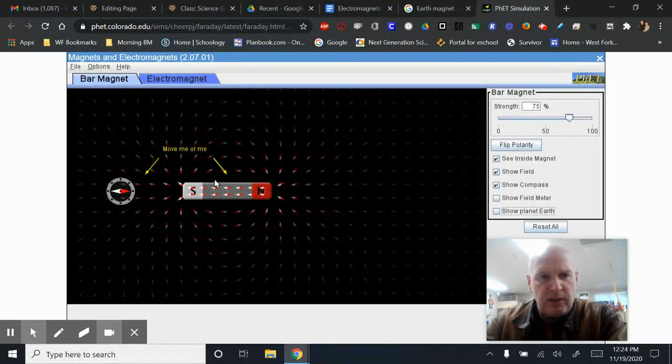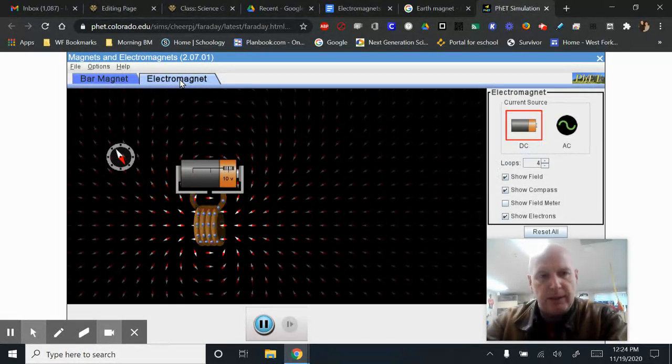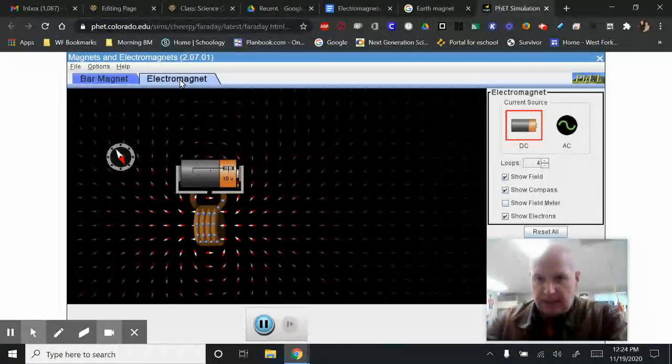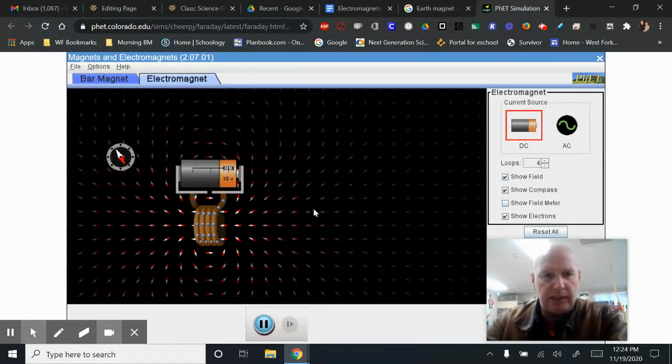So you have all these fields that you can use, but you're on a lesson for electromagnets. If you switch over this tab right at the top to an electromagnet, now you see that we have options like show field, show compass, show field meter, and show electrons, which I like, the electron flow. These are electrons going through a wire. So we have a little battery. This is what the students are going to do in the class. They're going to take a battery, put a wire around it, wrap it around an iron rod, which is like a nail,